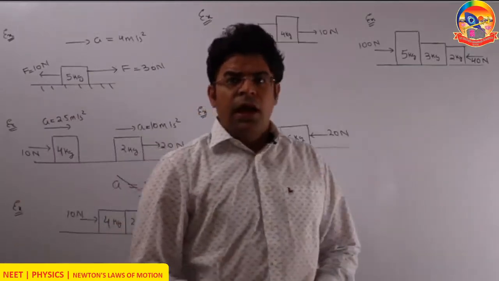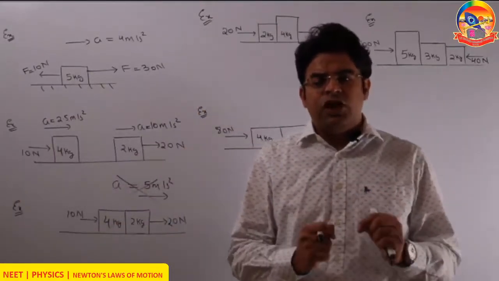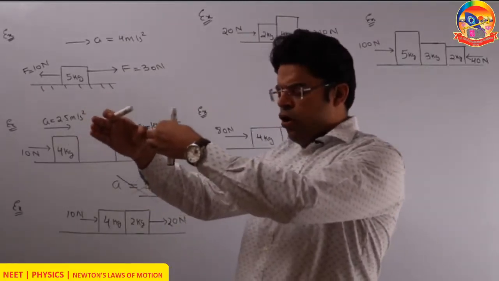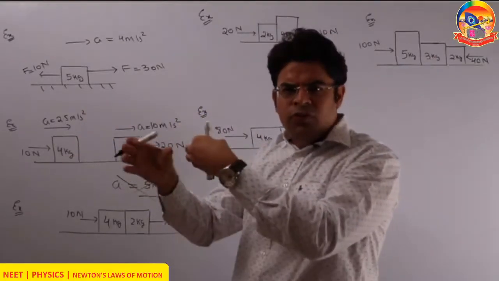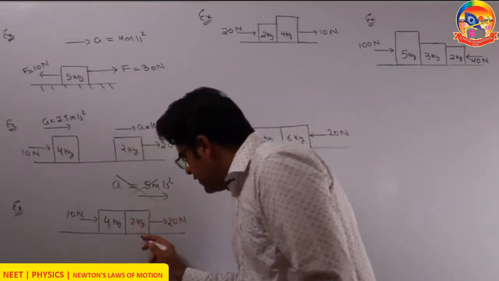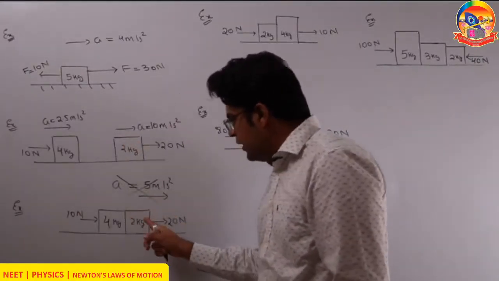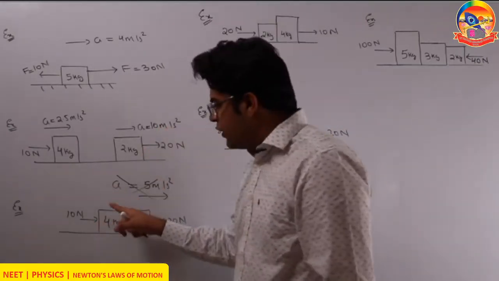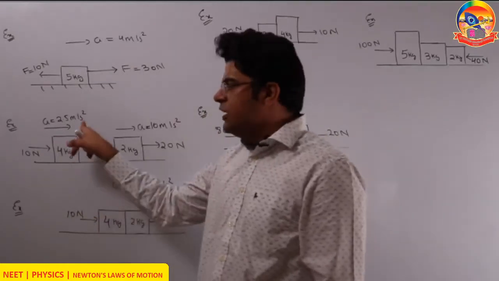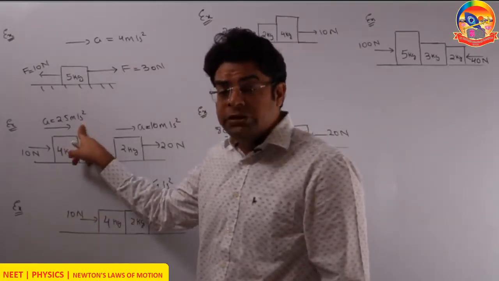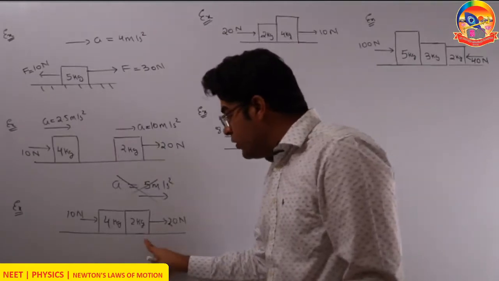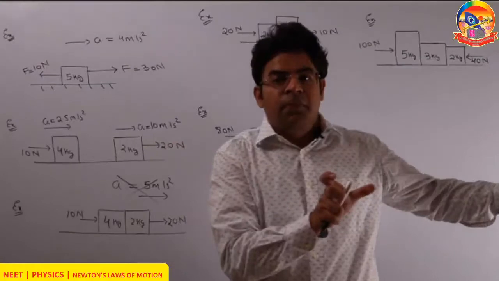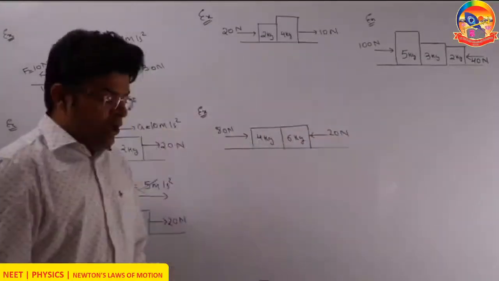Why? Here comes physics. Physics comes from visualization of the real world. Let's say you have two blocks and you pull only the front block. Will the rear block move? Now the tendency of this block alone is to have an acceleration of 10 meter per second square. If on this block of mass 4 kg a force of 10 Newton acts, it has a tendency to accelerate with 2.5 meter per second square. This one has more acceleration than that one. They are not pushing each other. They will separate out from each other. So in this case, they will lose contact.